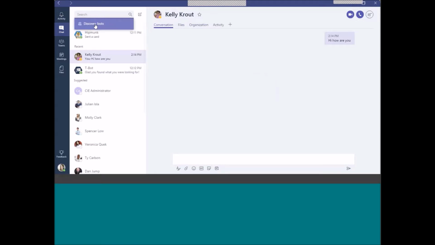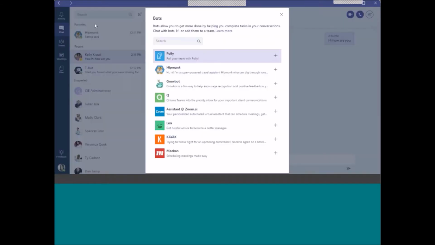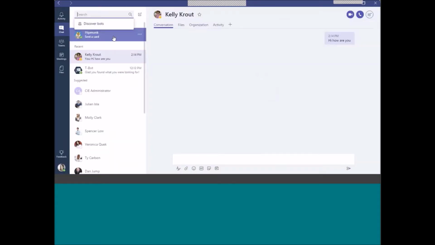I can click on discover bots, and this shows me all of the different bots that you have available. And again, I wish I had more time with this. I could show you some really neat stuff, but I added in Hipmunk, right? So I can chat with Hipmunk,